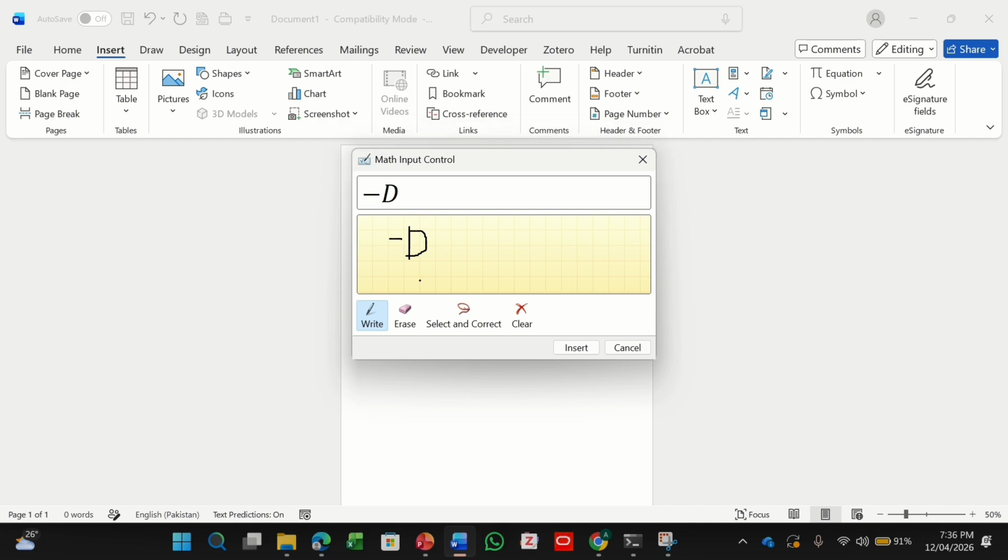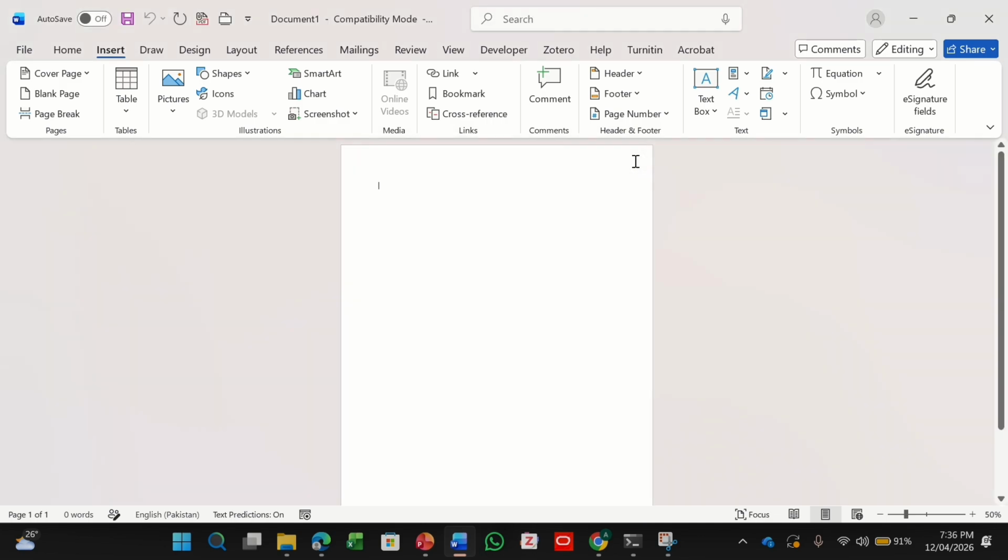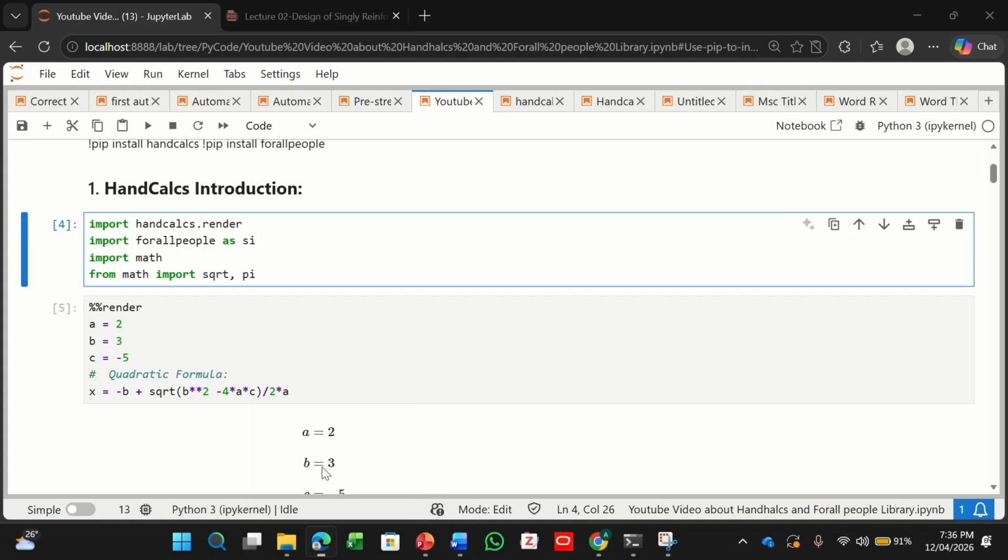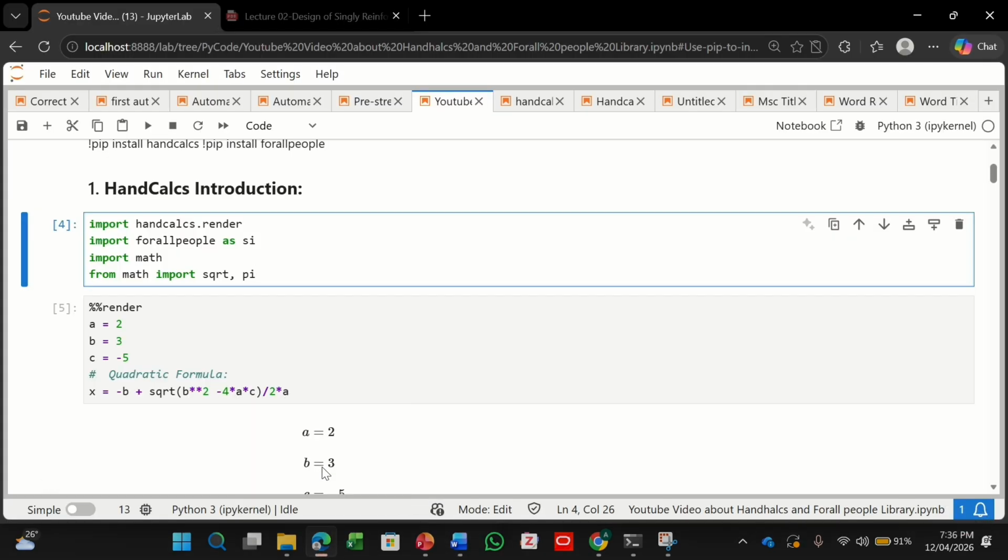And look how difficult it is. I'm writing a quadratic equation and I'm just writing its first alphabet, which is B, but it cannot detect it. So look how difficult it is writing an equation when your reports have so many equations, and writing them manually is very time consuming.